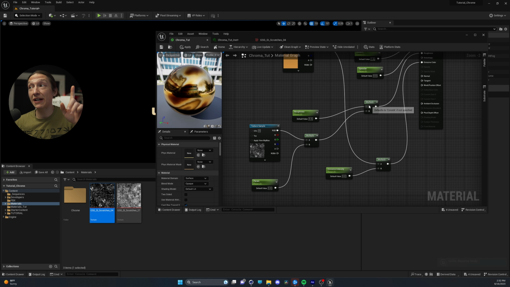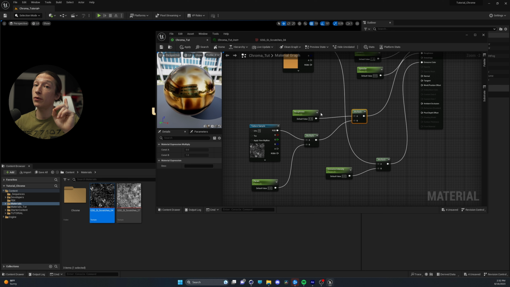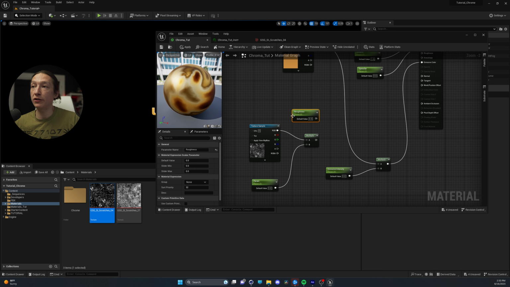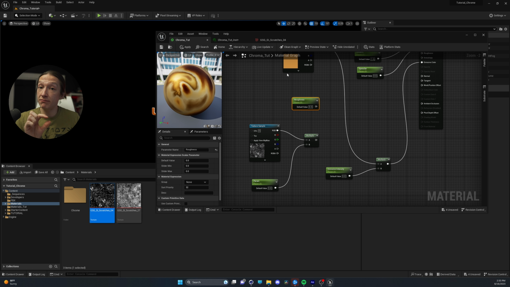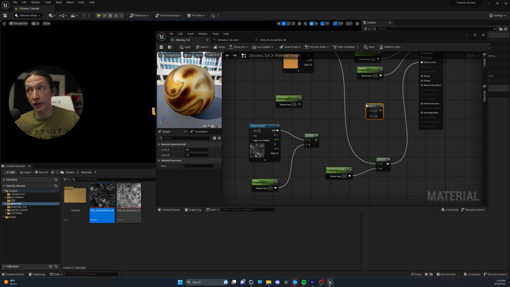Now I did realize I made a little bit of a boo-boo. We don't want to multiply the roughness, we actually want to add it. Now the reason why we do that is because if we want to change the roughness value where it's not fully chromatic, it might be just a little bit more matte, less reflective, we want that value to be adjustable by itself. So we're going to hold A on our keyboard, add an add node, drag this default roughness on top,